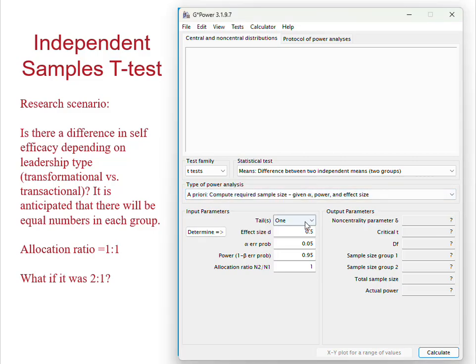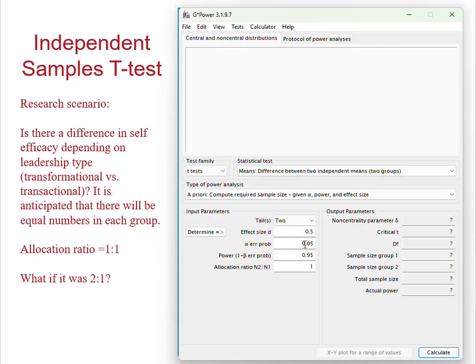For tails, we want to make sure and change that to two-tailed. In almost every case for what we're going to be doing or what you'll likely be doing for your dissertation, you do want to change that to a two-tailed test. Now, nicely enough, if you mouse over, G-Power will tell you, hey, we automatically defaulted to the medium effect size. And that's what we're going to want, that medium effect size. So really important, we always want the medium effect size. And nicely enough, G-Power just goes ahead and defaults to that medium effect